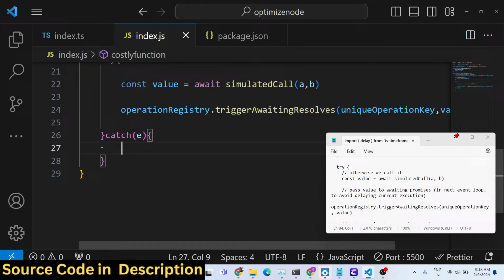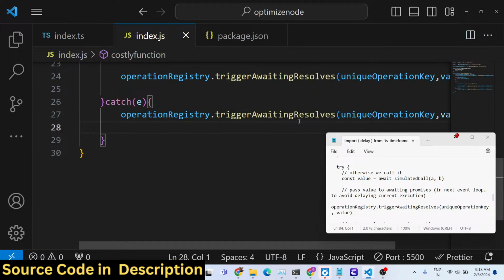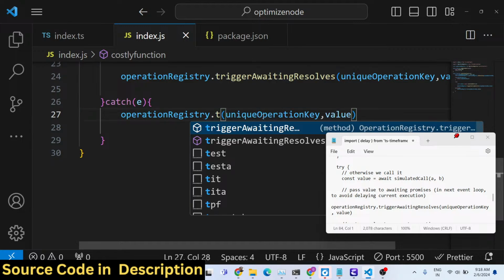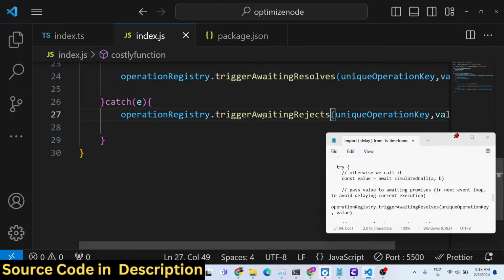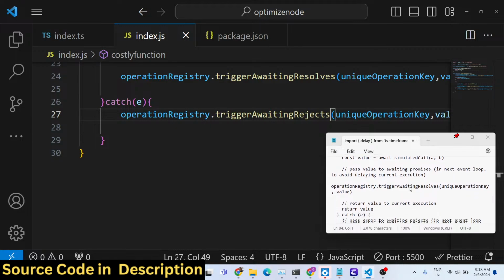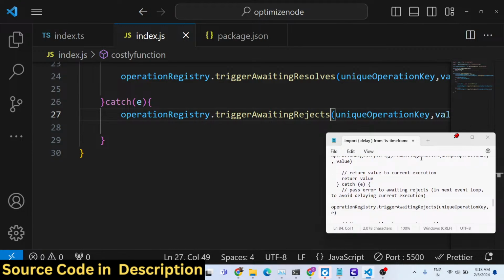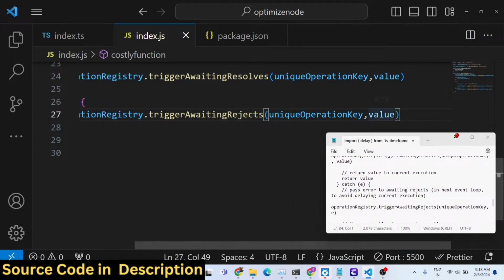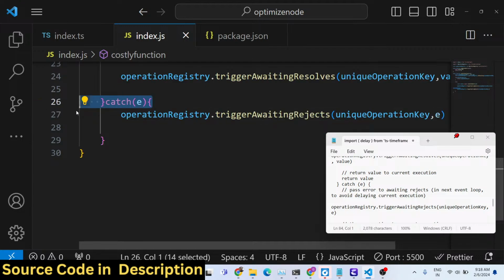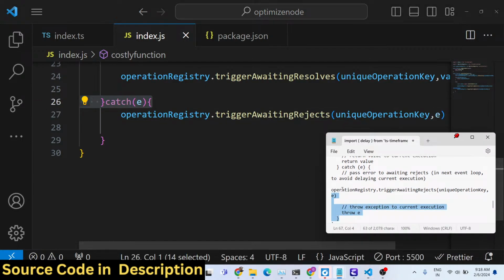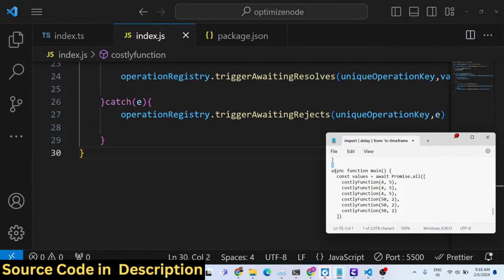We will do just the opposite thing if any sort of error takes place. We will not resolve, we will reject the promise. It contains a method reject here. So we will reject it, pass the key, and not the actual value, but the error here, because an error has taken place. That's all. Now if you make the main function and call the same 6 times,